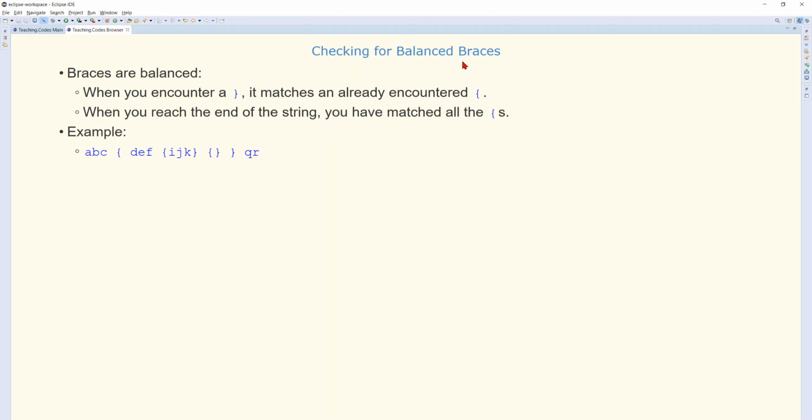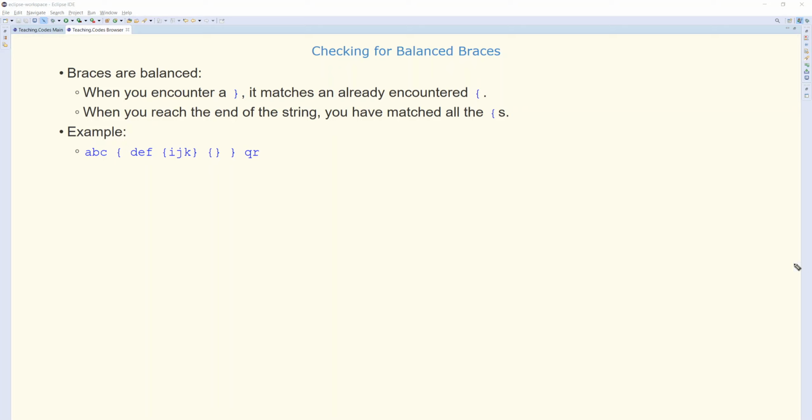So we want them to be always balanced. Now, the first solution that comes to mind would be you count the number of open braces and you also count the number of closed braces. If they are equal, you could say, well, they're balanced because their numbers are equal, but